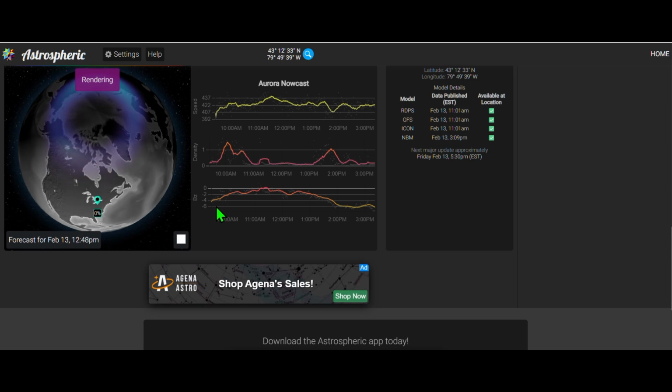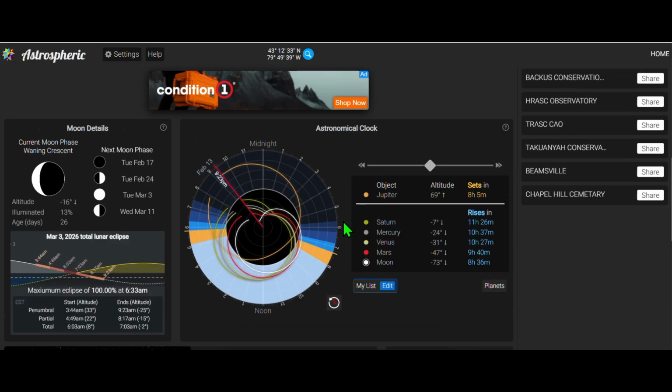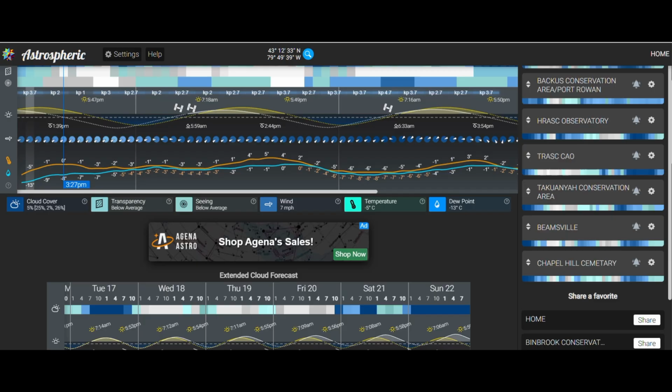Now, this particular date and time, there is not very much activity at all, and is all confined to northern Canada. Other things that are selected and included here are the ISS appearance. This symbol here and here, that's the ISS space station. The rising and setting of the sun, the rising and setting of the moon, the wind direction, the temperature,